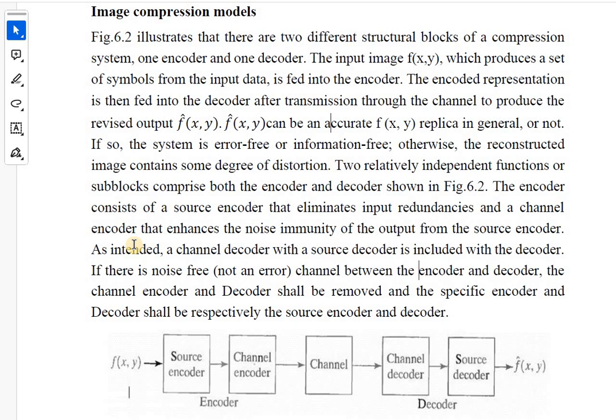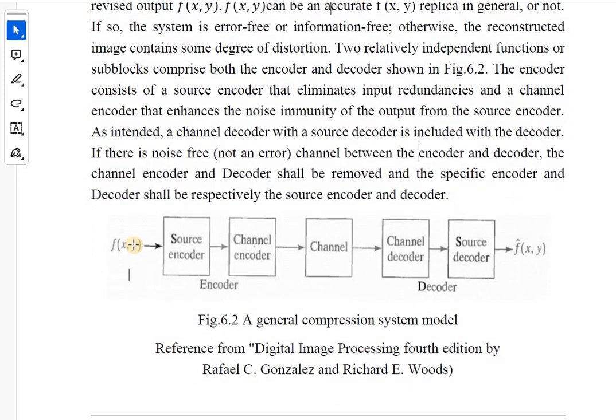That is a very basic reason why we have the channel encoder and channel decoder. If you know that you have an error-free or noise-free channel between the encoder and decoder, then the channel encoder and decoder can be removed.